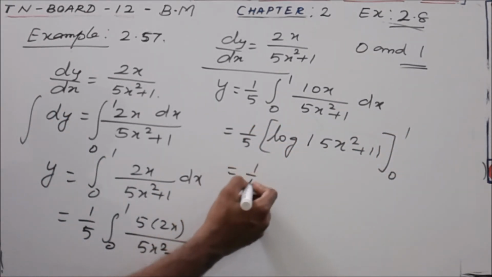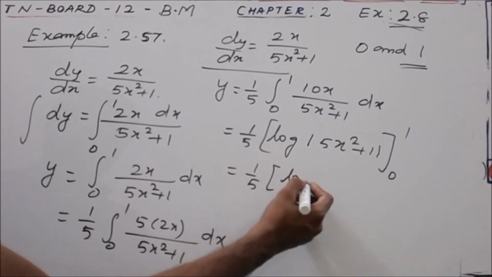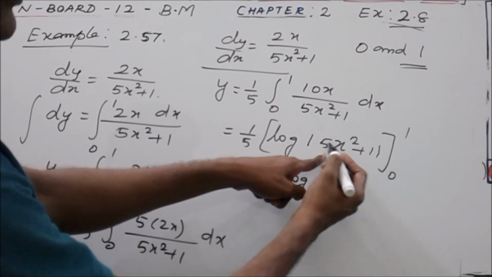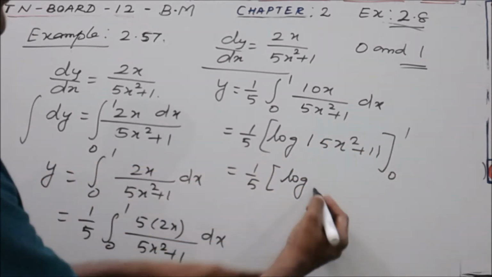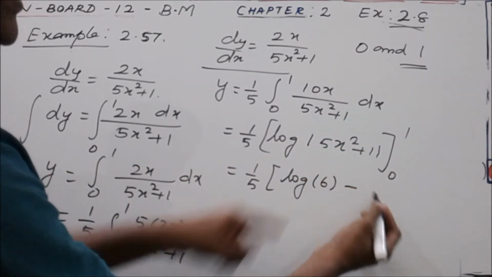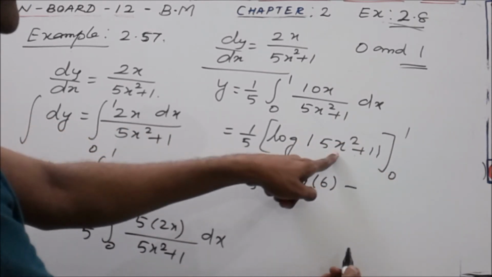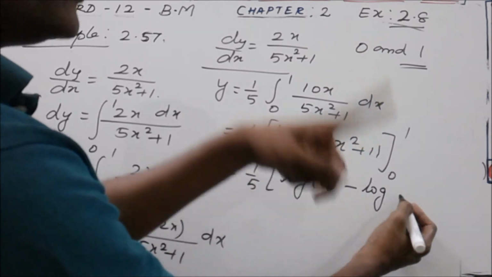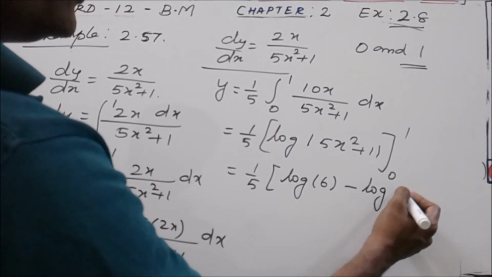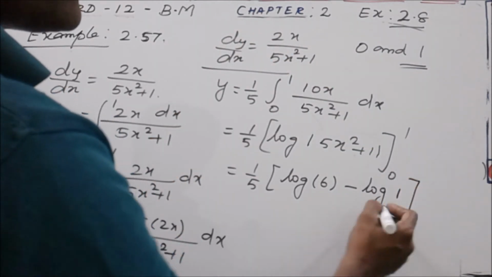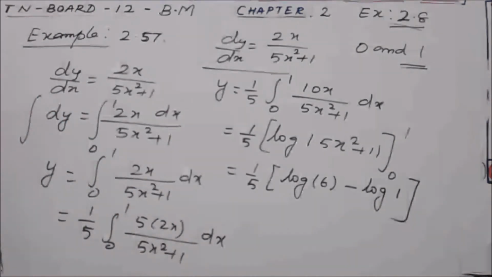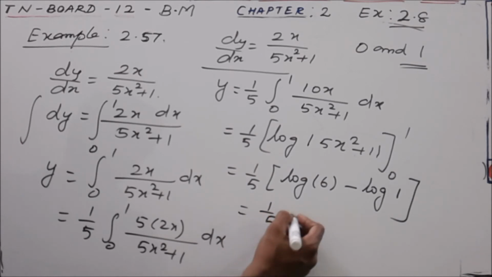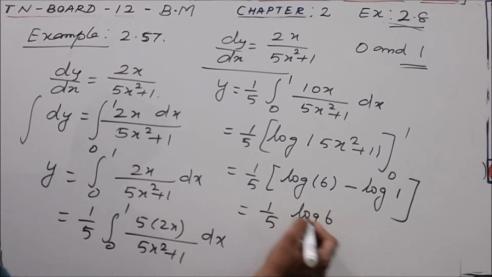It is equal to 1 by 5 into log of, substituting the upper limit for x, 5 into 1 square, 5 plus 1, 6, minus the lower limit, putting x equal to 0, log of 5 into 0, 0 plus 1, which is 1. We have the value of log 1 is 0, so we will have 1 by 5 into log 6 is